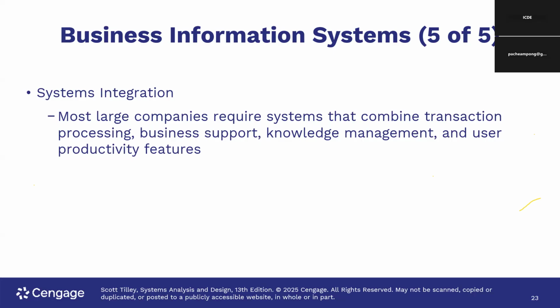So basically, they want all these systems to come together as a single unit and talk to each other. For example, I'm buying a car from Toyota Ghana. The transaction is to buy a car. When I take my transaction protocol system, what it does is to record the sale and then take money, right?